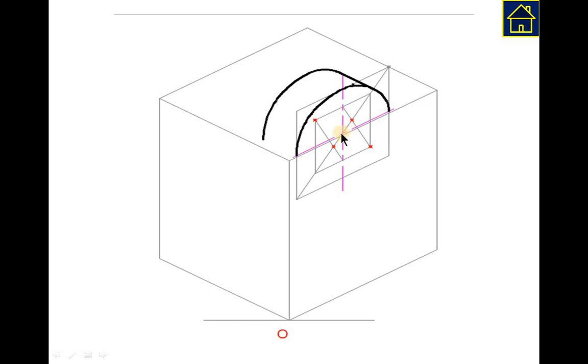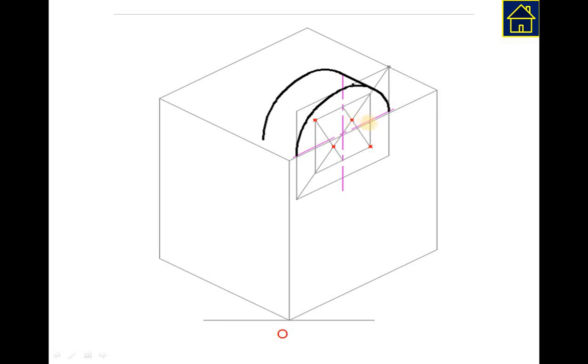See how you are drawing it. From the center point on any side you are measuring 15 mm, then 15 mm up, then 30 mm here, 30 mm here, 30 mm here, and 30 mm here. From the center point it is 50 mm away, and then by the regular 4 center method of drawing circles or ellipses in isometric, you will mark 4 center points, and with the 4 center points you will draw the ellipse.